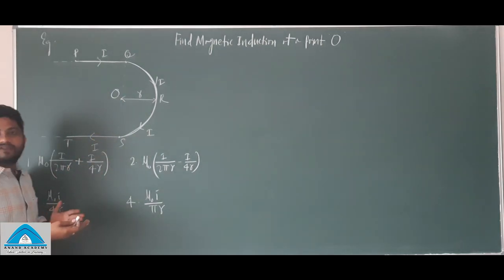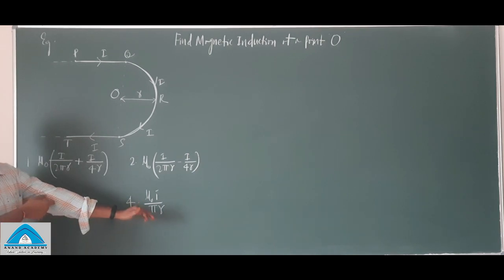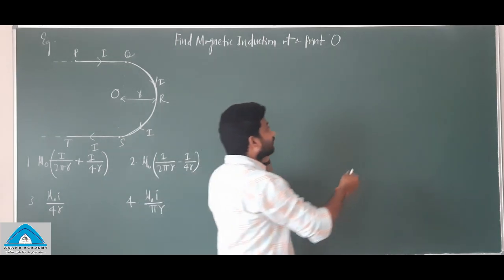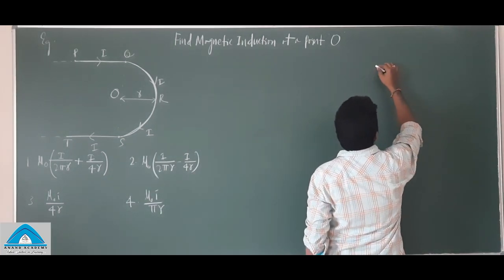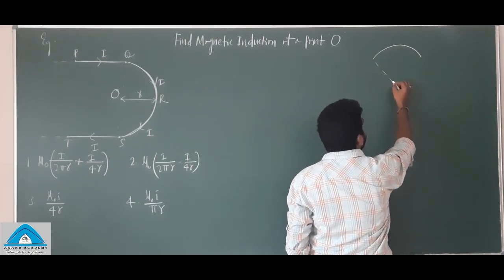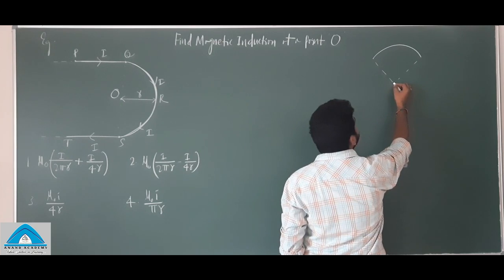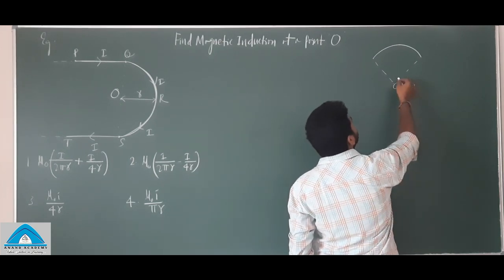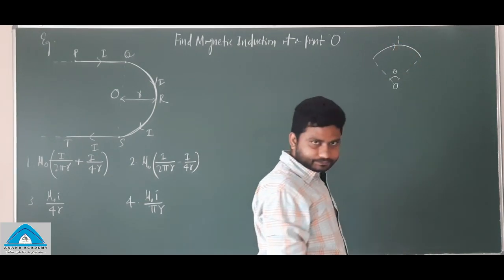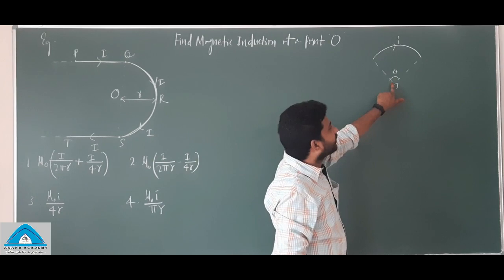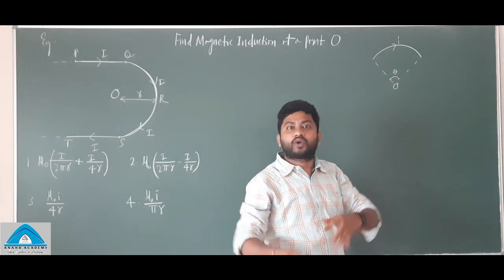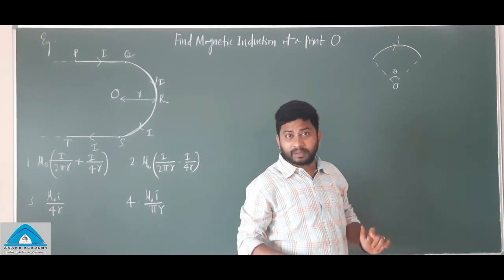For the three cases, for your better understanding, I am writing them individually so that it will be a revision of the previous class. So what was the first case? The magnetic field due to an arc. For example, this is the arc making an angle theta at the center, through which current I is flowing. Whatever this angle may be, pi by 2, pi by 4, pi or 2 pi,